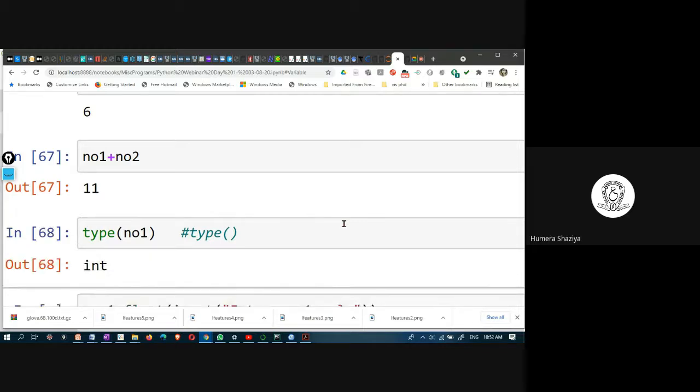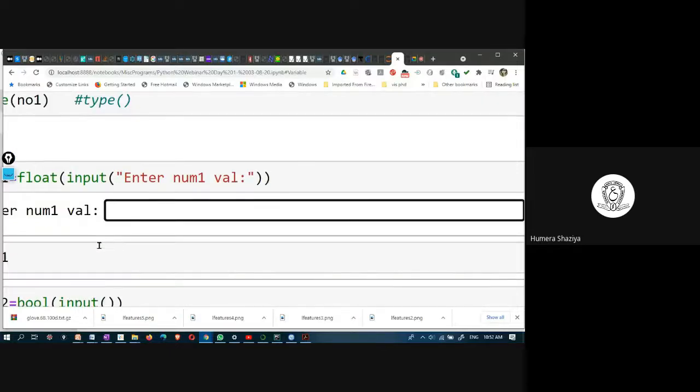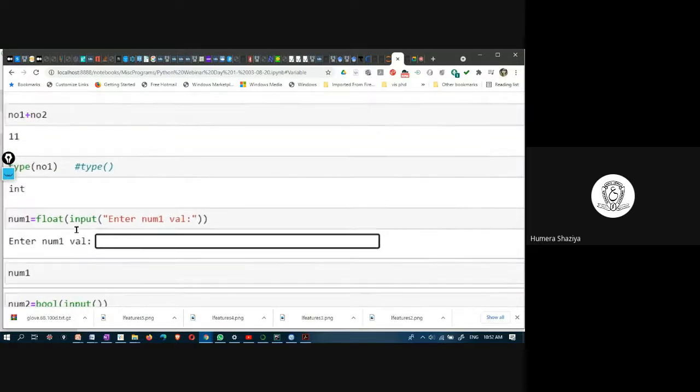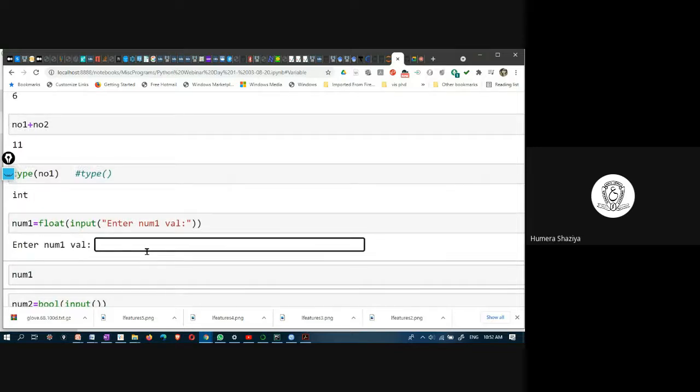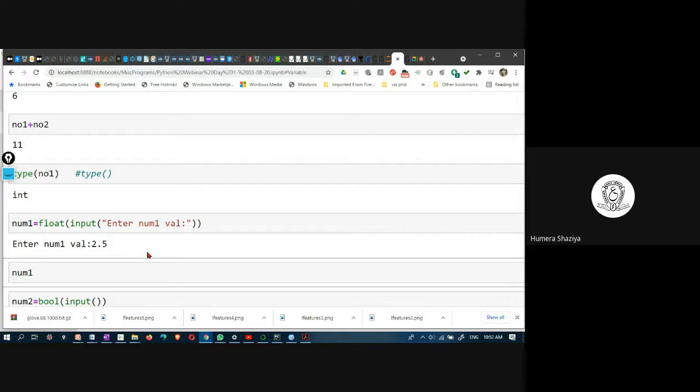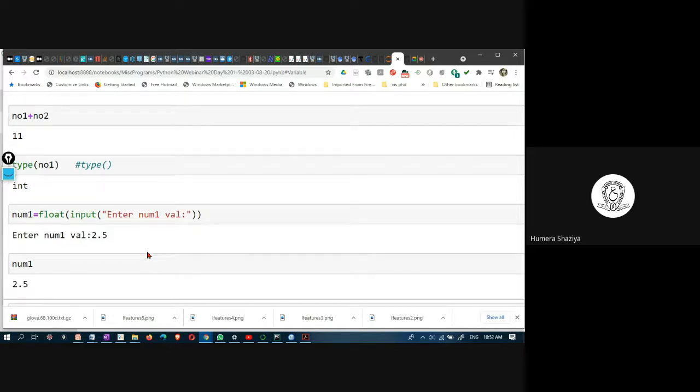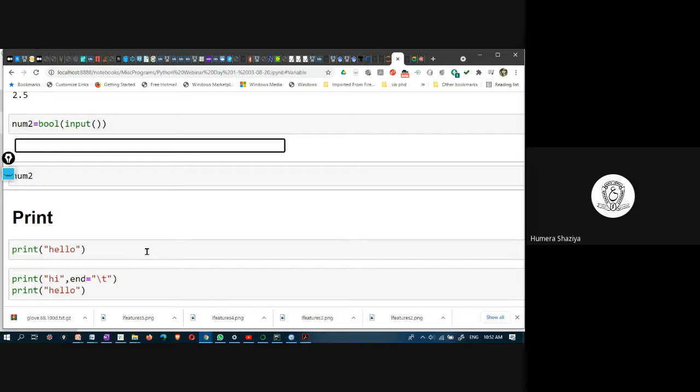What is the type of number 1? It is integer. Type is a function. This function will print the data type of the variable. And here this is float, 2.5, and then 1.3.